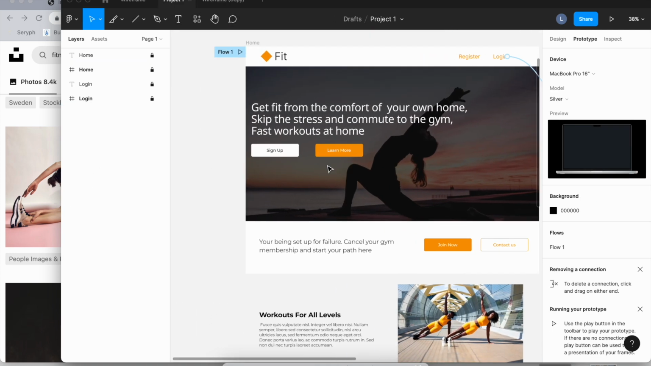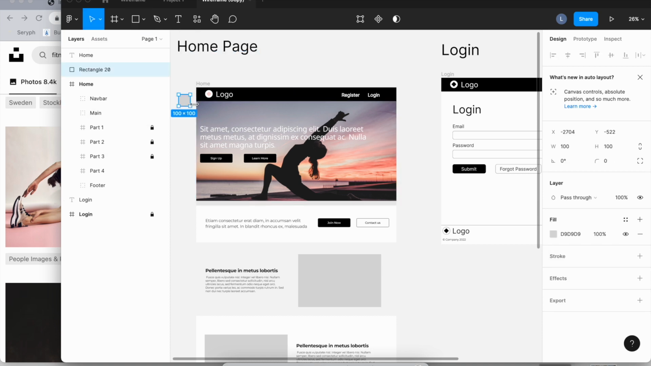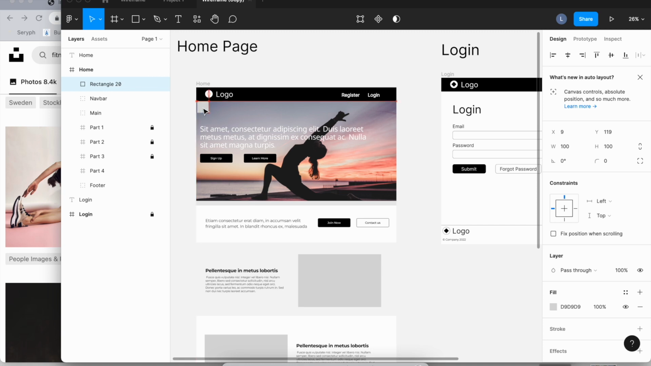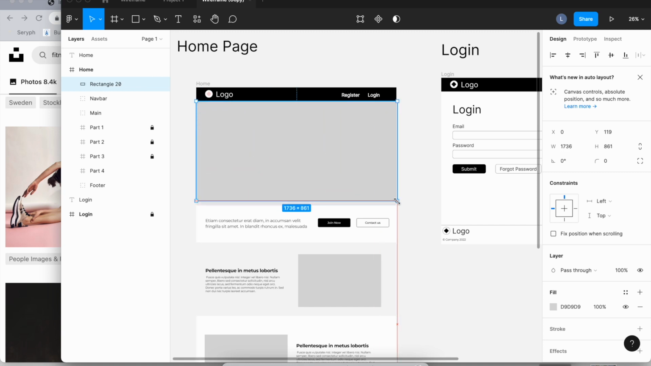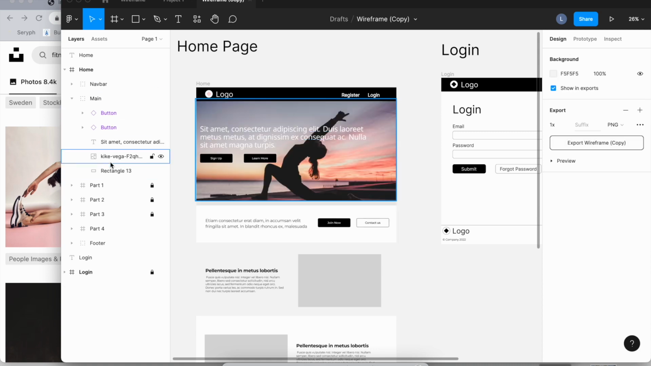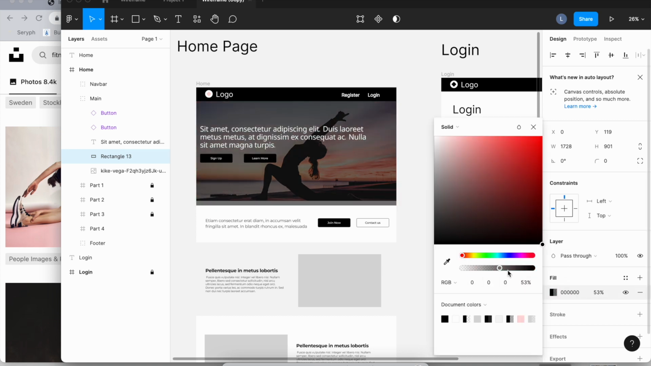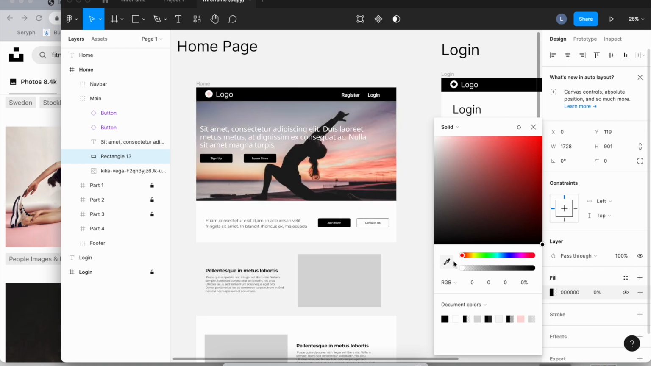I just went, you can add a rectangle over the image. Actually, there's one here. Let's move this one over instead. And there, you can see we'll make it black, and then you can increase the opacity like that. You can kind of do that. You can also, if you want